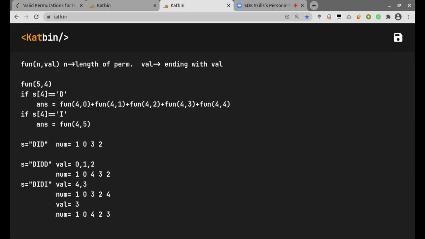Okay, but then at the end your recursive function will look exactly the way you are showing on the first one, right? Func of 4, 0, because when you are searching for 4, if you start from your left side, you're starting with 0, 1, 2, 3, 4. So you're taking any of these combinations in that order, correct? Yeah. And the same thing you will do for I, but in that case, you will actually go from your right side to the left side, right? Yeah.